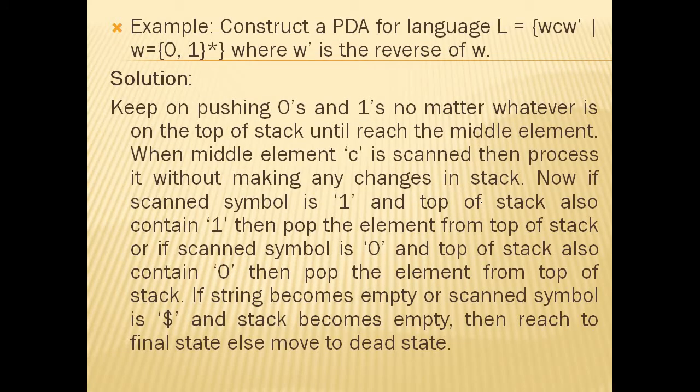Now we go with a small example of how to construct a PDA for the language L equal to w c w^R, where w is in (0,1)*, and w^R is the reverse of w. Take some word, for example 1 0. Then c will come, and then the reverse of the string, 0 1. So here we need to push 1, 0. Once it reaches c, we can't do anything, and after that the pop operations will be done. If you get a similar input, then pop operation will come.